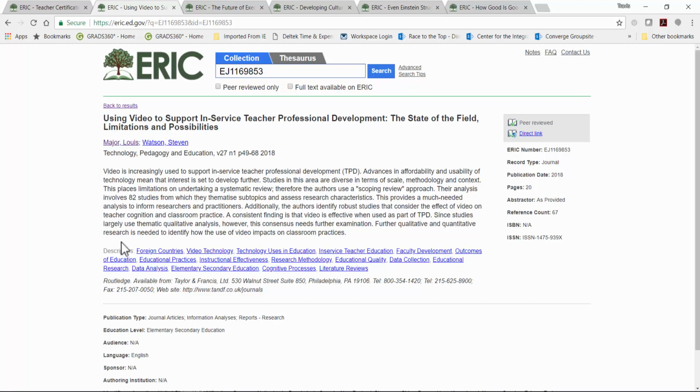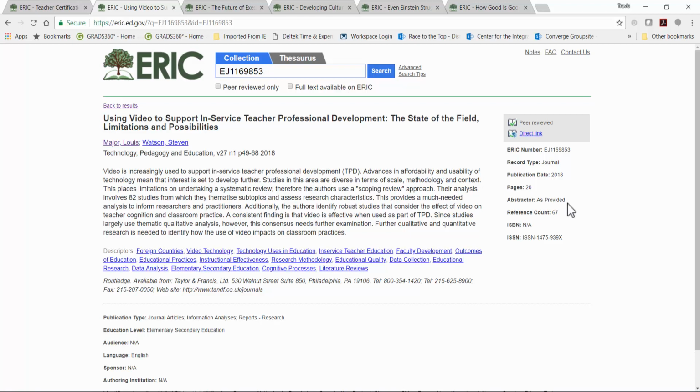Now, across from the abstract, you'll see the abstractor field. There are two entries for this field. You can tell where an abstract originated by looking at that field. If it says "as provided," as this one does, it means the abstract came from the author or the publisher.